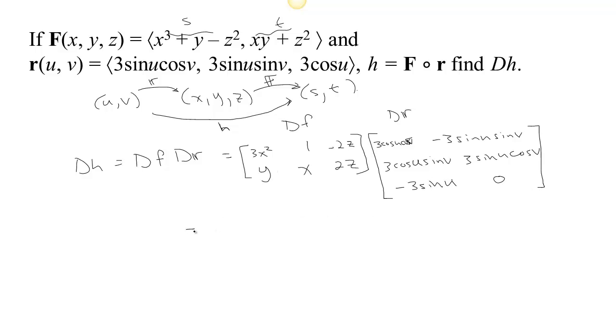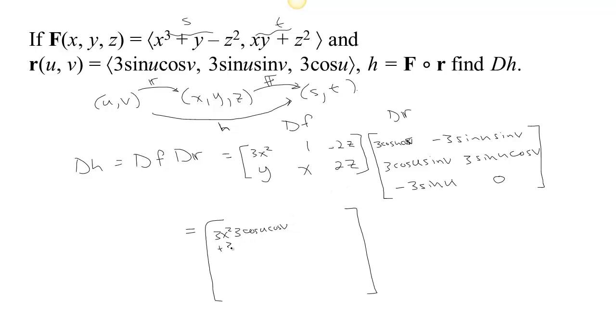Okay, so to find the total derivative for h, notice that if you take a 2 by 3 times a 3 by 2, you get a 2 by 2 matrix, just like we were expecting, right? Because this entire function h has two inputs and two outputs, so its total derivative should be 2 by 2. Let's multiply this. We get 3x squared times 3 cosine u cosine v,